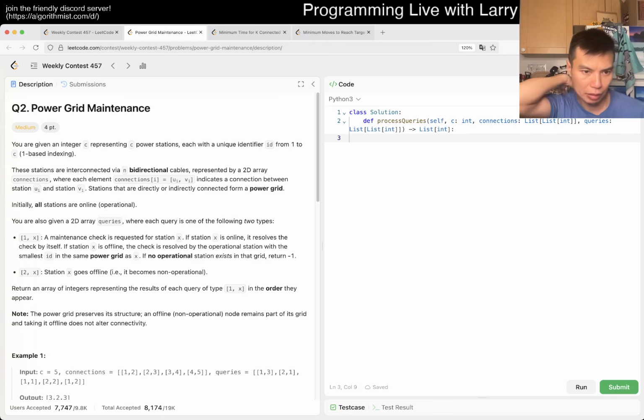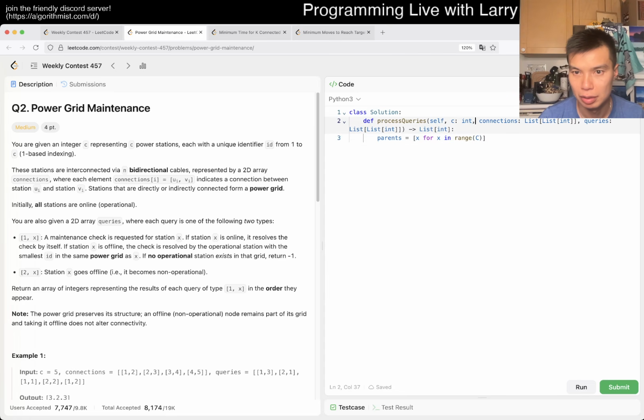No, you just have to check whether it's offline or not. I'm just being dumb. I think this is pretty straightforward. This is one indexed. Okay, fine. Oh, I have to finish writing the